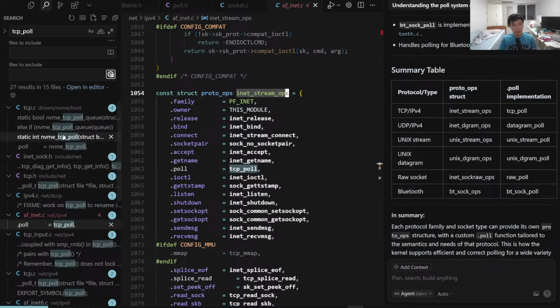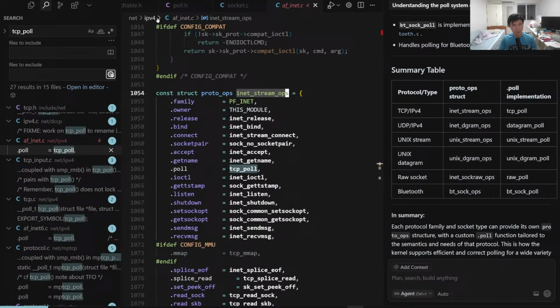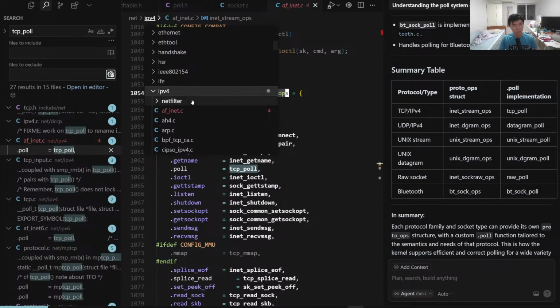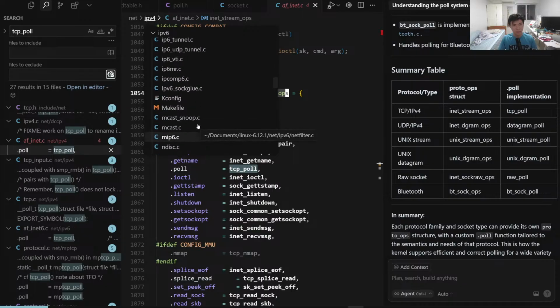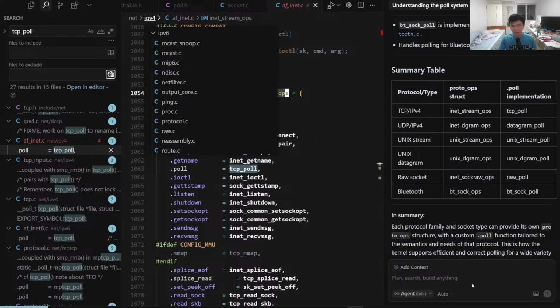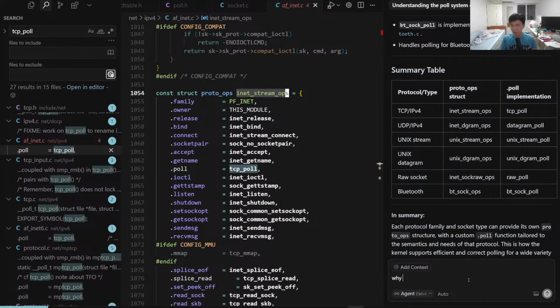I don't know why there isn't, but let's take a look. I'm kind of curious. IPv6 should have its own AF_INET too, right? What is it? So this is a bit off tangent, but